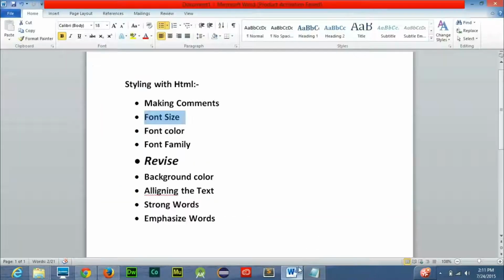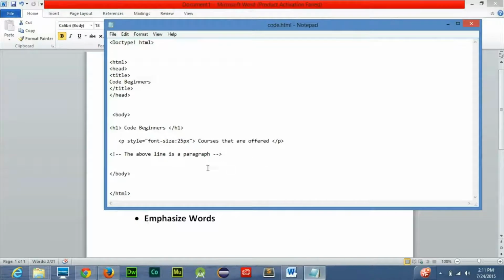Okay, so now let's come to the next thing, that is font color. Guys, you can change the font color of your HTML file, of a certain paragraph or things like that. So it's easy. So let's go here. Let's remove it first, so do not mix it up. So style, you are required to write same style, and then you are required to write like this, and then